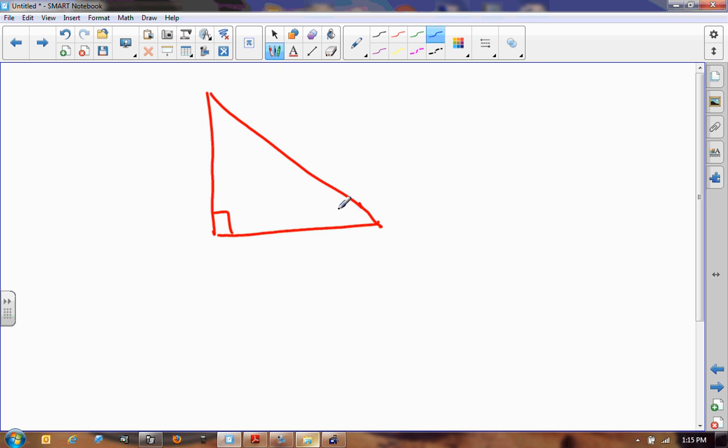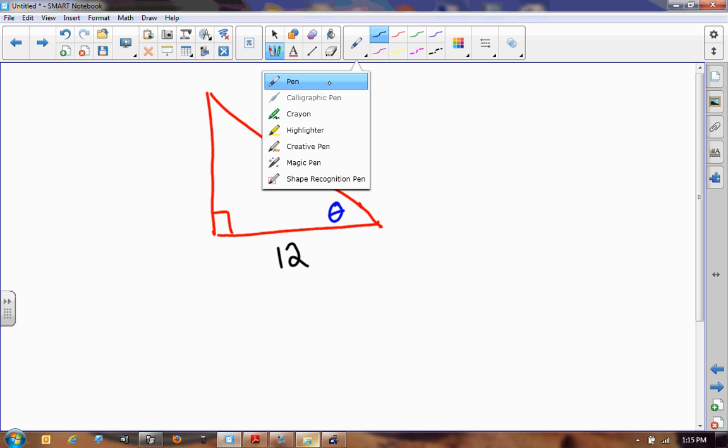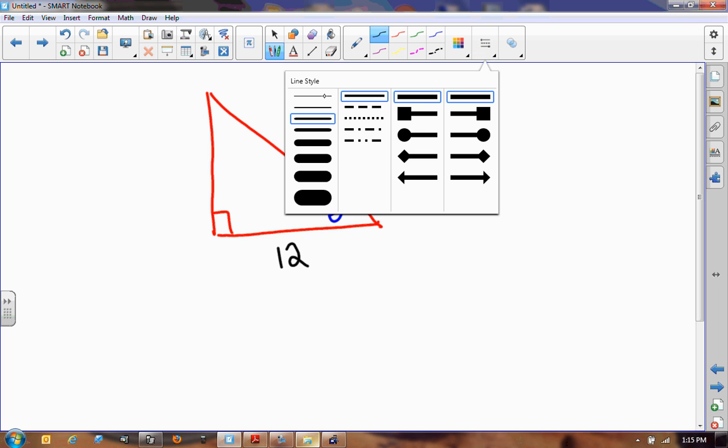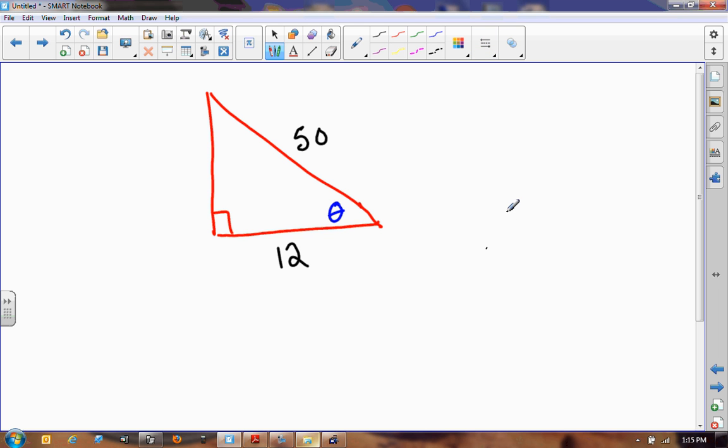Here I am, some angle theta. I don't know what it is today. Let's say I've got information that says this is 12 and this is 50. All right, so we're talking about a tree here. How tall is the tree? If it casts a 12-foot shadow, and there's a guide wire or a guy wire that goes from top to bottom, it's 50 feet. What's the angle the wire is attached? So we're going to find the angle of the wire